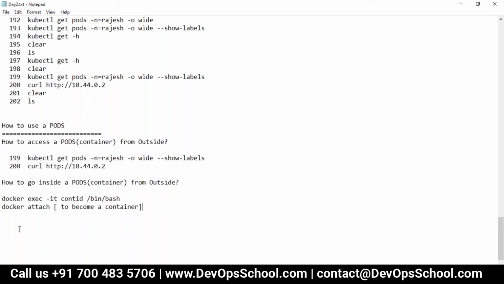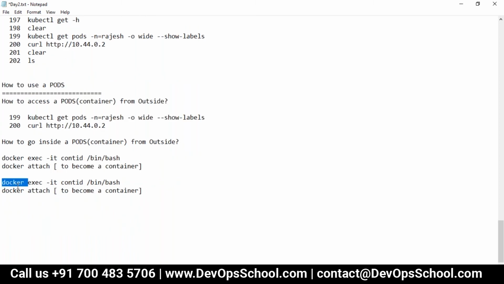If you know that, wonderful, you don't need to know anything else, because the command is the same. You just convert this to kubectl. Now if you don't know the difference between exec and attach, it's a very important question, by the way. You should know. So docker exec and attach. Yes, the kubectl command will help you do the same behavior as Docker.